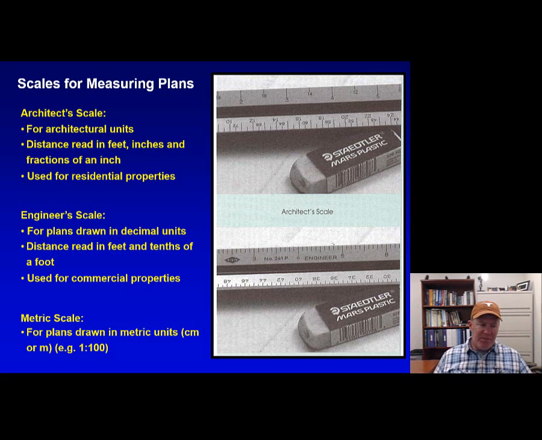If you drew a 6,000 square foot lot in 10 scale, it's going to be a little bitty drawing on a big sheet of paper. So for residential properties, you're definitely going to be using a 1/4 or 1/8 scale. Engineer scale: for plans drawn in decimal units, the distance is read in feet and tenths of a foot, used primarily for commercial properties. And then metric scale,